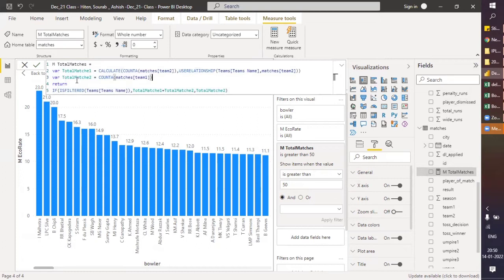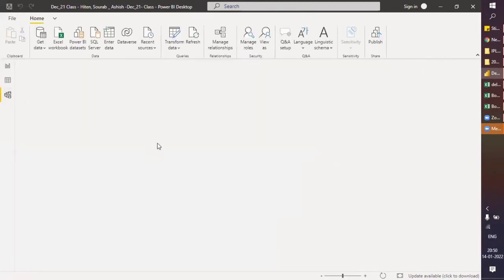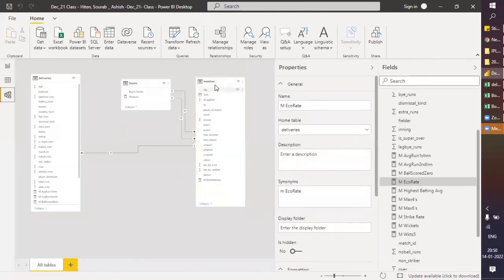You can see here, if there is a filter, then use this one, because we have specified a lot of things in this already. There is no direct relationship between these two. If you remember, there was an indirect relationship between teams and this.